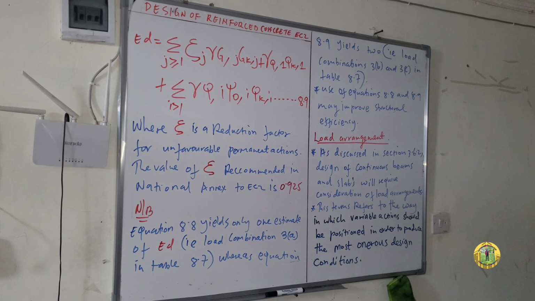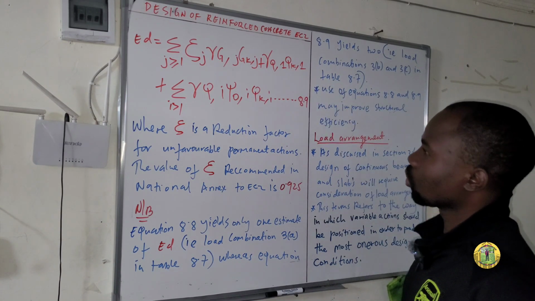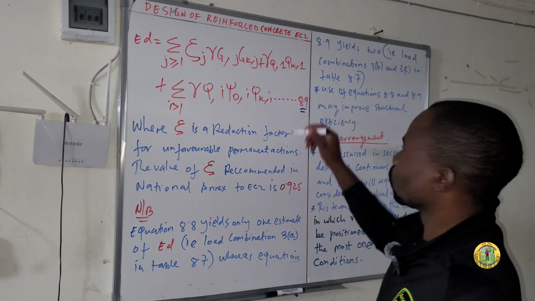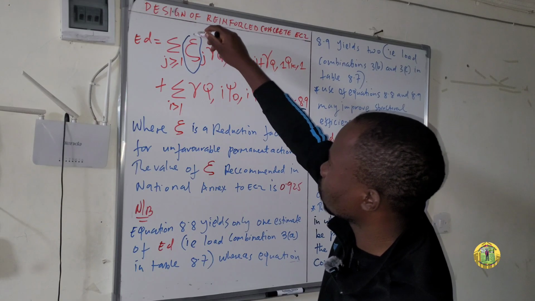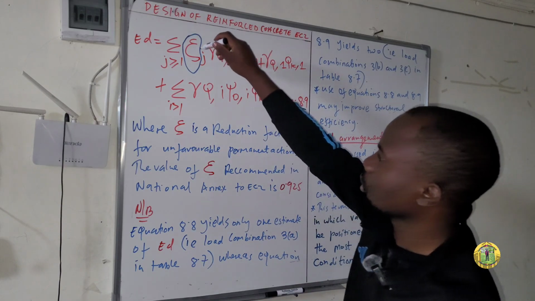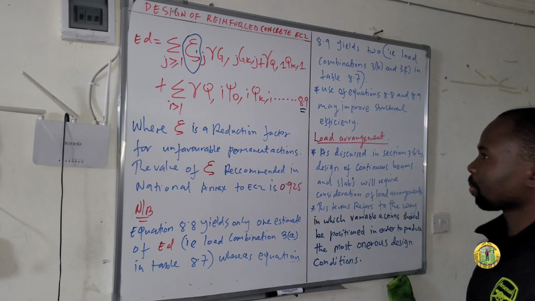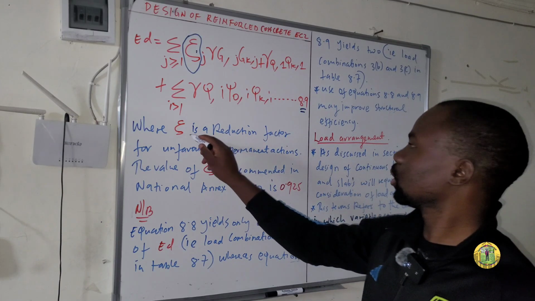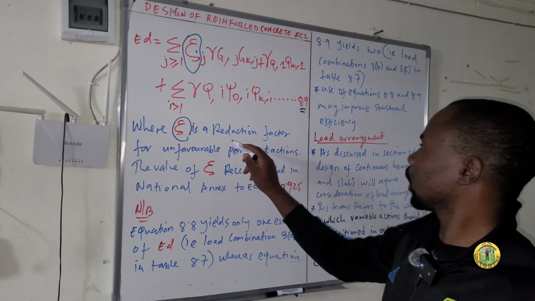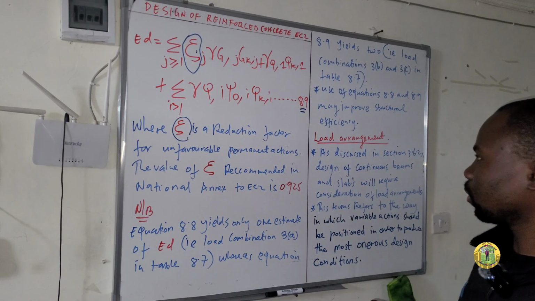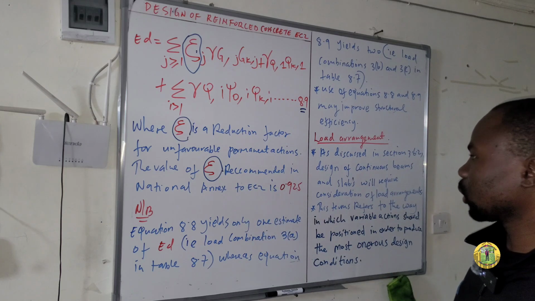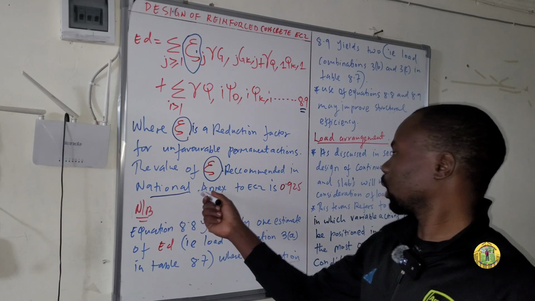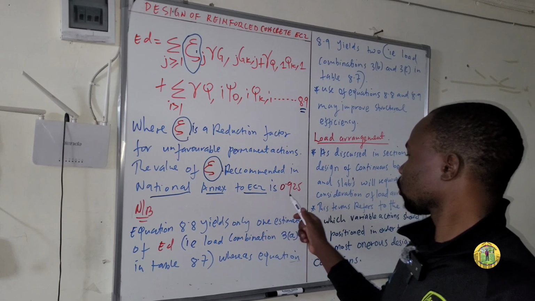We now proceed to expression 8.9. Now this is expression 8.9, or equation 8.9. So what will change here is this one. So in the first equation, we didn't have this symbol. So this symbol means a reduction factor for unfavorable permanent actions. The value of this recommended in the national annex to Eurocode 2 is